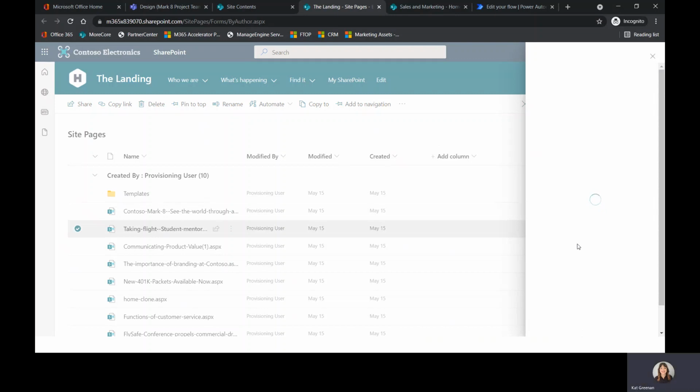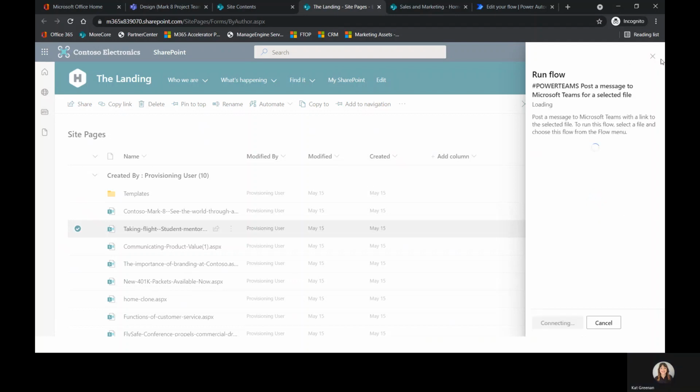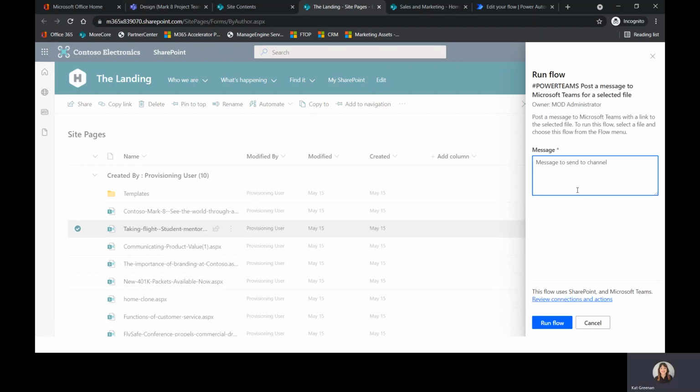We'll give it a second to load. What this will do is take the information from this page, so this news article. It'll take the title, a bit of a description, anything that I've decided in the adaptive card, and it will post that directly into my specific team that I've chosen. There we go. It's just taking a minute. I have also added a message. So I've said you need to send a message when you post this news article. Check out this news